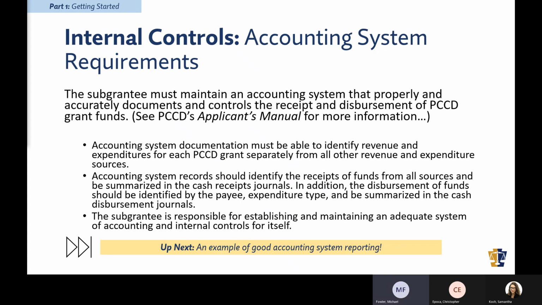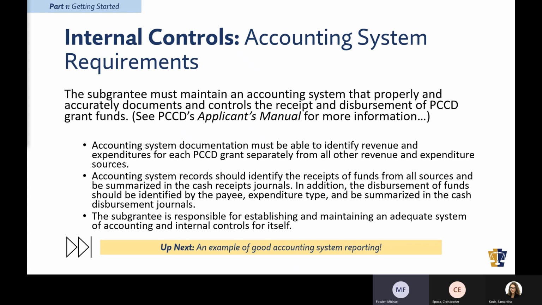Also, part of the PCCD requirements is that you maintain an adequate accounting system. Some of the highlights of those requirements are: the accounting system documentation must be able to identify revenue and expenditures for each PCCD grant separately from all other revenue and expenditures, and that the accounting system records should identify the receipts of funds from all sources and be summarized in the cash receipts journals.